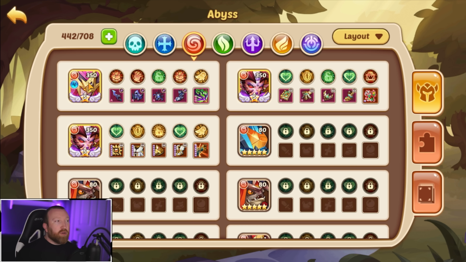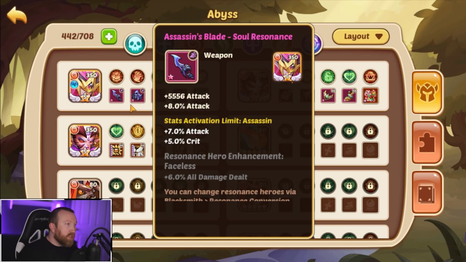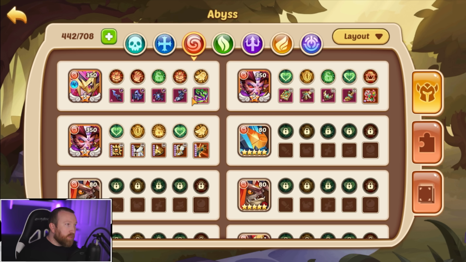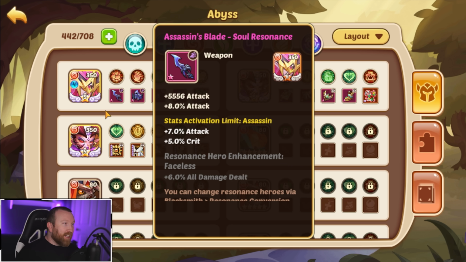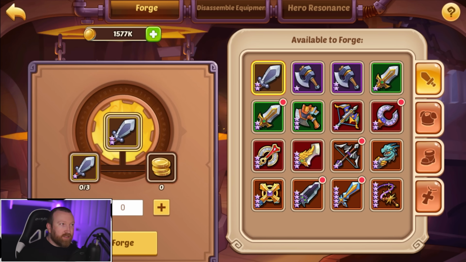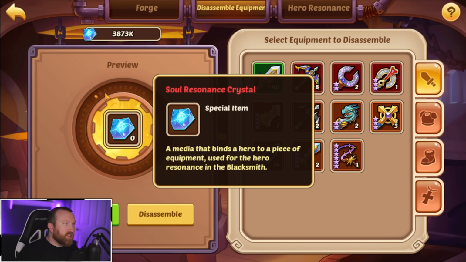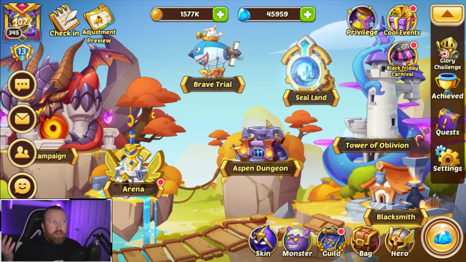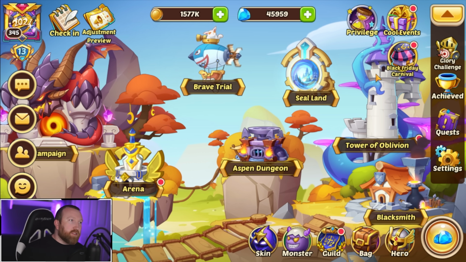Now, we're not going to put her in a household or anything. We're not really going to re-roll any of this gear because I have so much gear I have to re-roll. It's absolutely insane how many sets of gear I have. The problem being we just don't have enough resonance. What's it called again? Soul resonance to actually re-roll anything. You upgrade all these gears with resonance and then you can't re-roll them. It's ridiculous, but